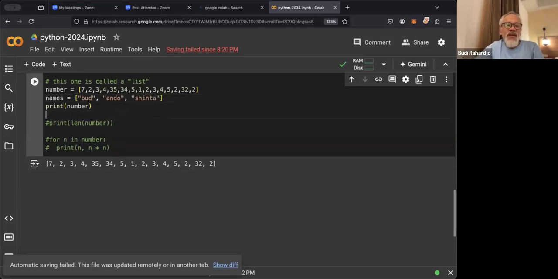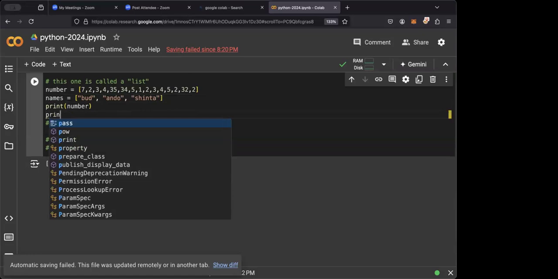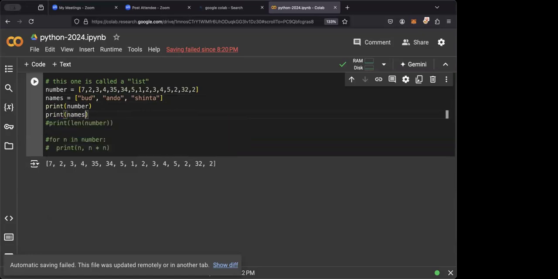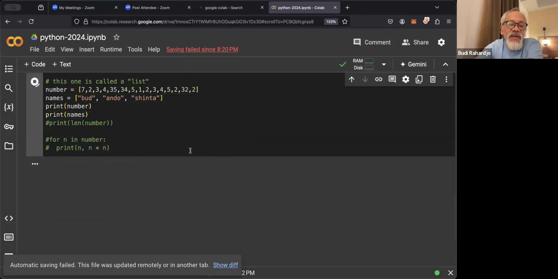And if I print names, we can also do this. So we can have also a list. If you look into this, the string with double quotes will be turned into single quotes. My habit is to use double quotes, but it is the same in Python because this is exactly the string. The standard of Python is actually single quote. I'm missing an I in Budi. Let's do this again.